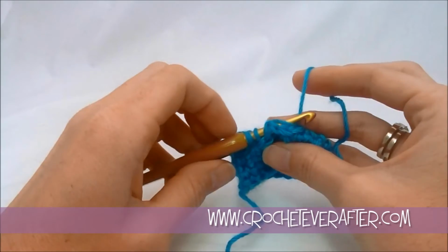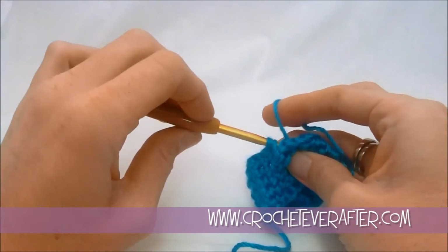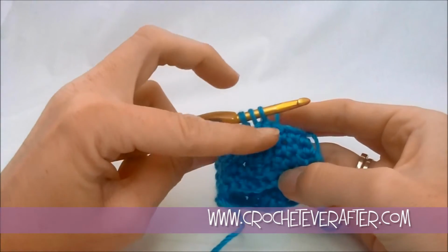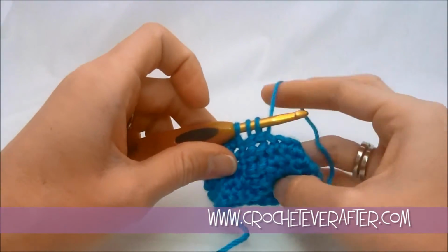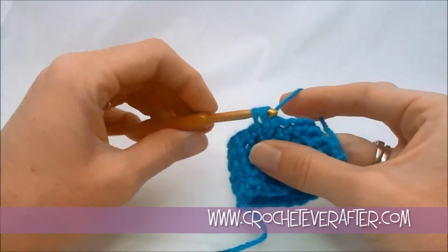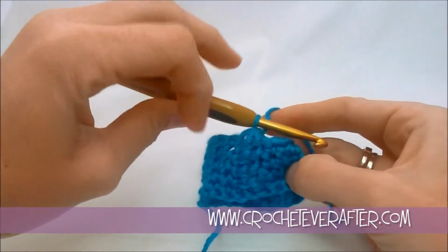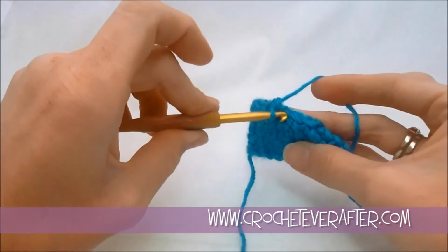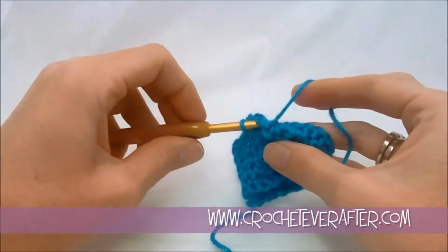Just like our other stitch, the third stitch we're going to use again. So we're only decreasing 2 stitches, this stitch and this stitch. So I have 3, now yarn over and pull through all 3. So now I've turned those 2 into 1. Then I go back into that third stitch that I used and do a single crochet